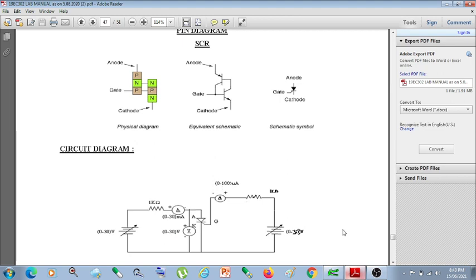This corresponding current is also called the holding current, IH. So we need to find that holding current. It is the minimum value of anode current to keep the SCR in the on state. If the anode current falls below the value of the holding current, the SCR turns off. The region lying between the anode and cathode is the forward blocking region. In this region, the SCR is off and blocks the forward anode to cathode voltage.